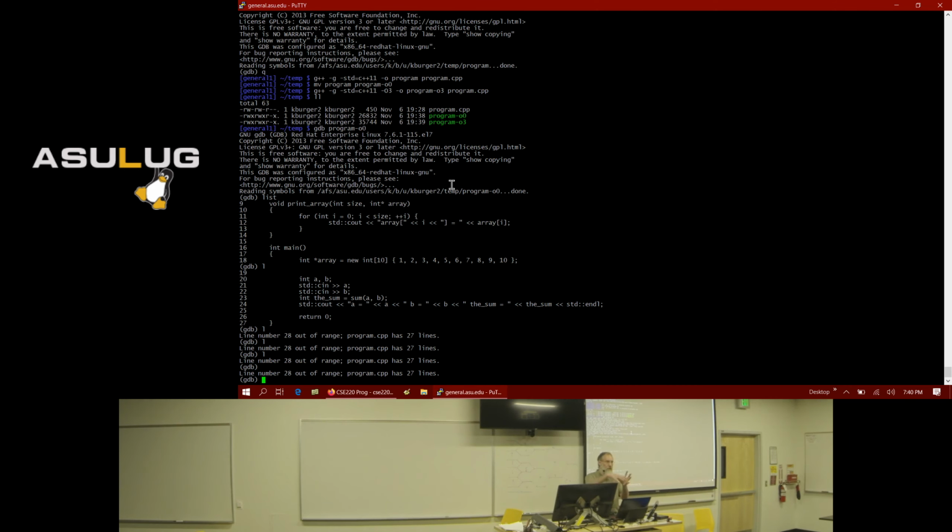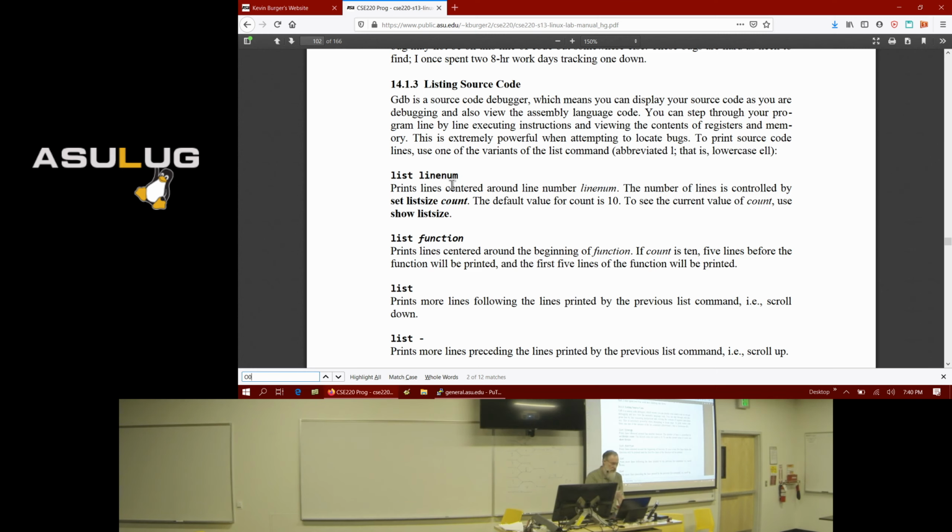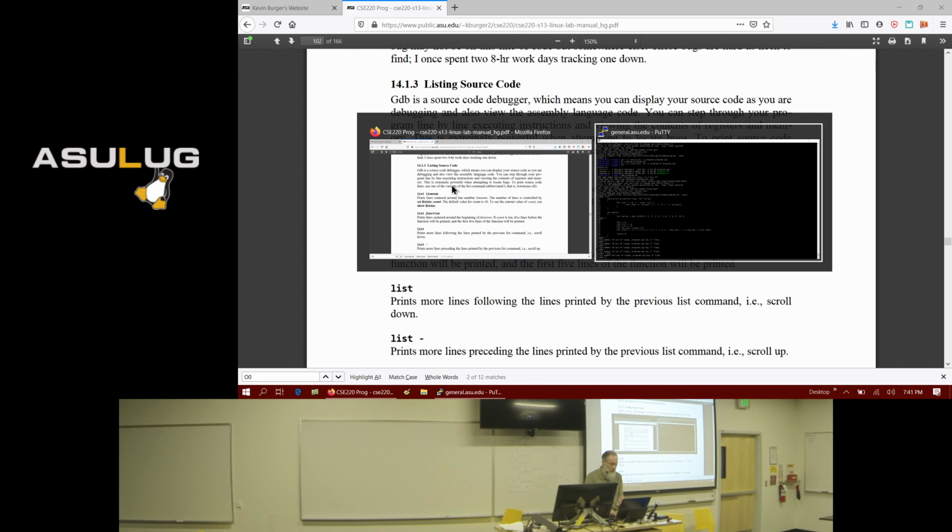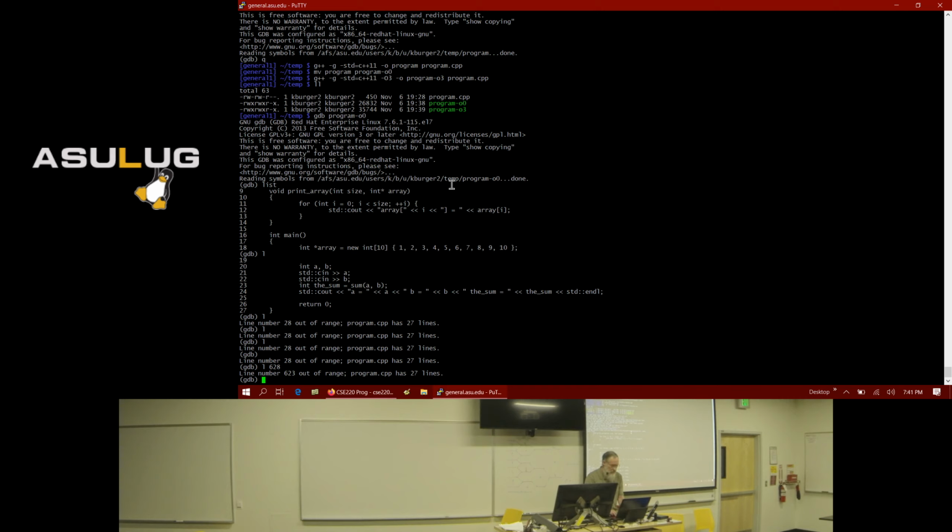Now you can list the code starting at a certain line number. So if you've got a big source code file, and there's a particular function that you want to debug, and you know that function starts on line 628, then you could do L 628, and it would list the code starting at line 628. What I usually do when I'm debugging is open the source code in an editor window, and then open the debugger in a different window.